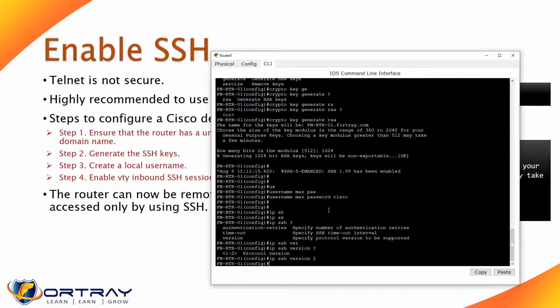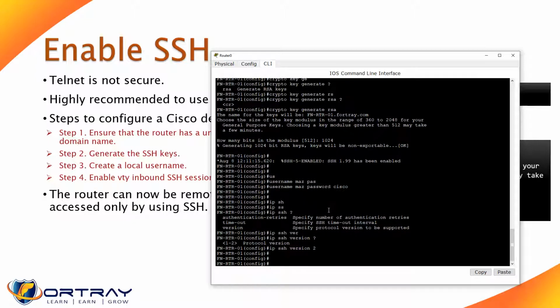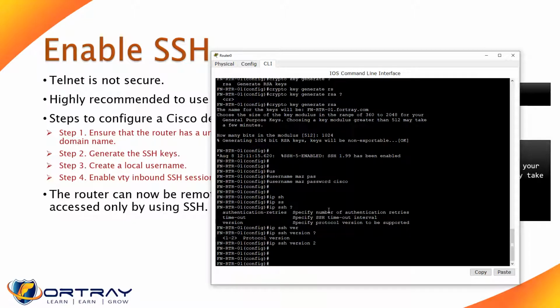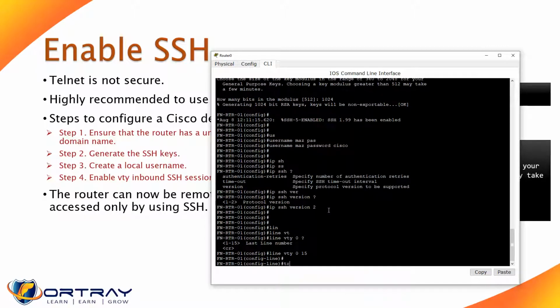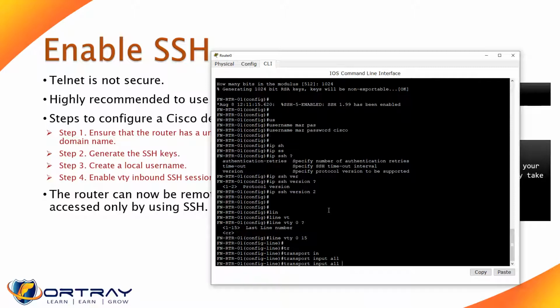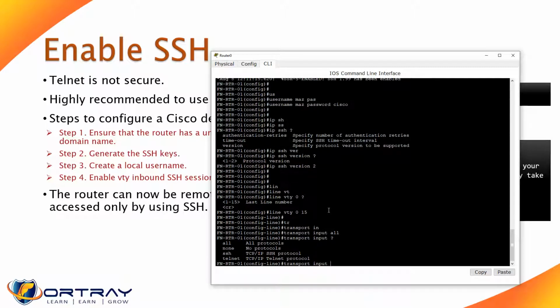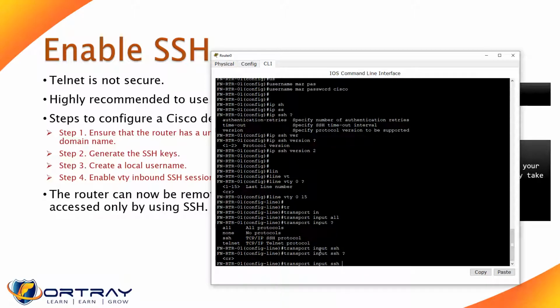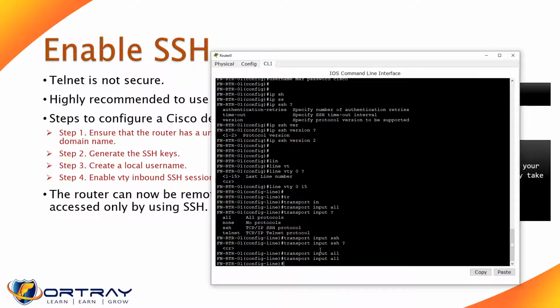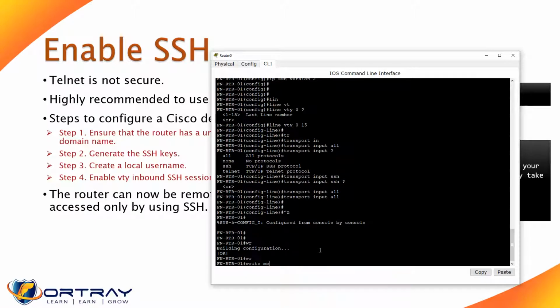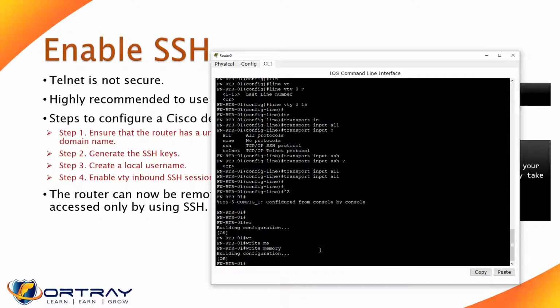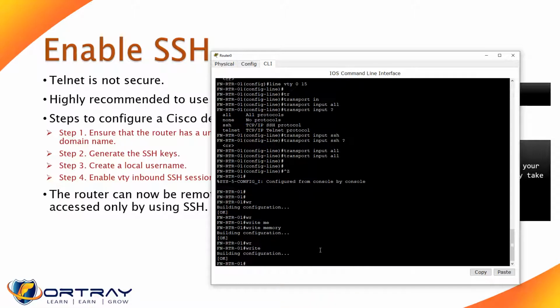And then we go to line vty 0 to, let's say, 15, and I'm saying transport input all, which means all protocols, including telnet and SSH. And I'm saving the configuration as well. There are three commands to save: write memory, copy run start. Okay? Clear?